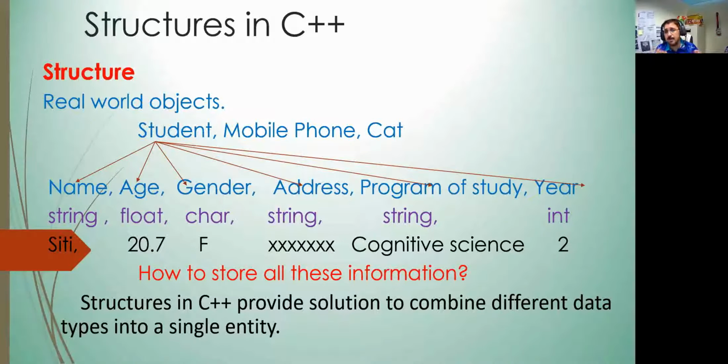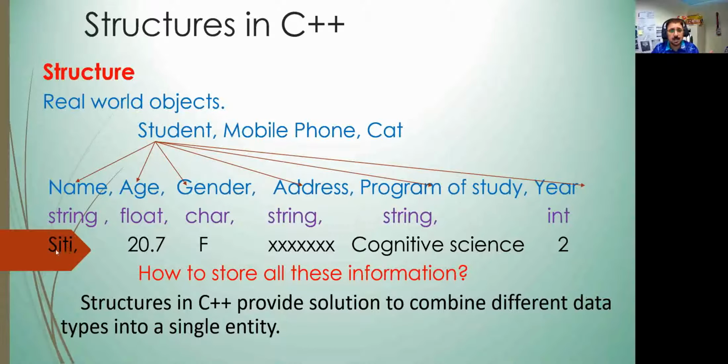Someone can represent it differently, or in fewer attributes than this. Someone may want too much detail, someone may want less detail, but if we use the general one, then this is one of the possible representations of a student.